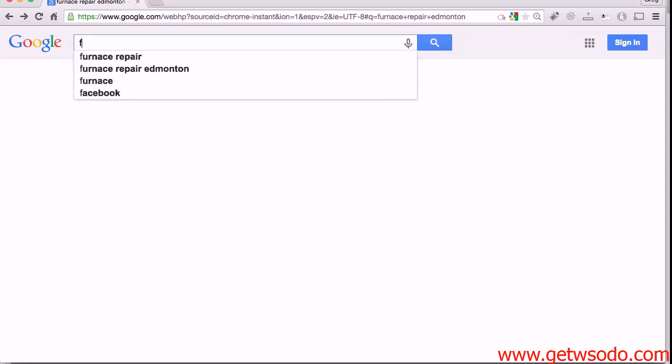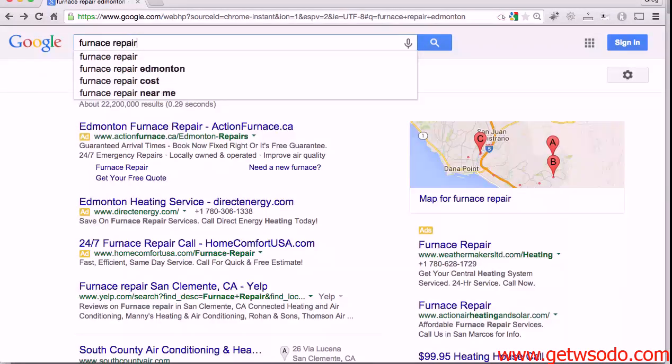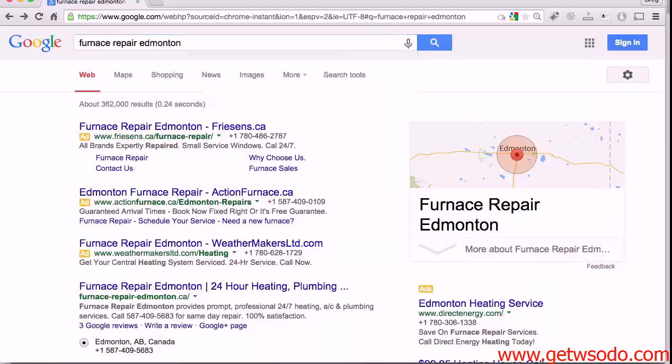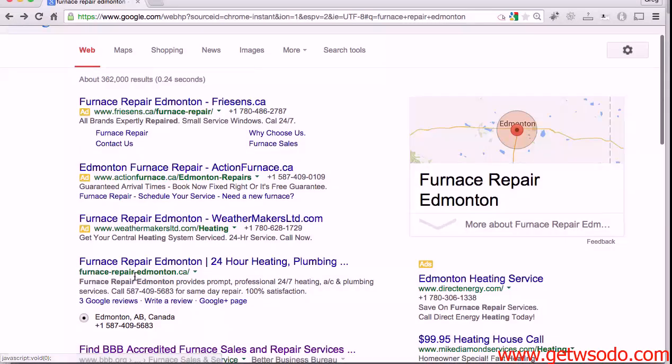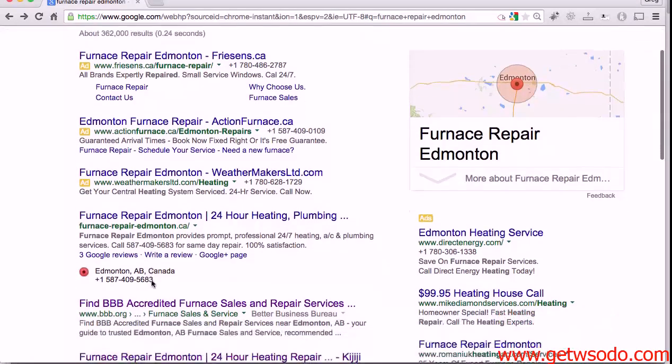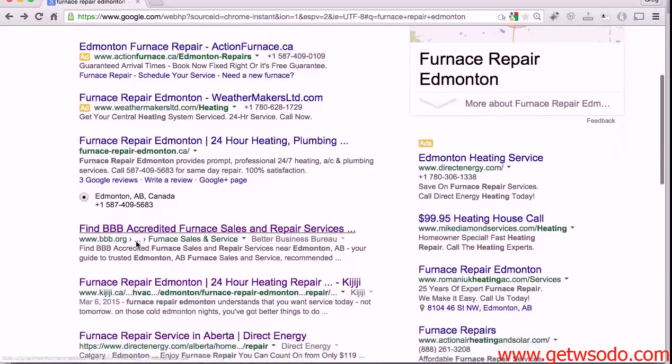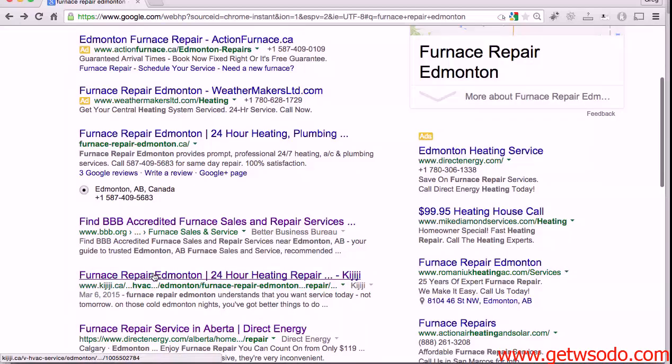Now let's type in furnace repair Edmonton. And what you'll see here is this EMD ranking number 1. And it's also ranking for a couple other spots down the line, which I'm going to show you. And that's what Barnacle SEO is. So he's got the first spot. And you'll also notice right here, if you click here,